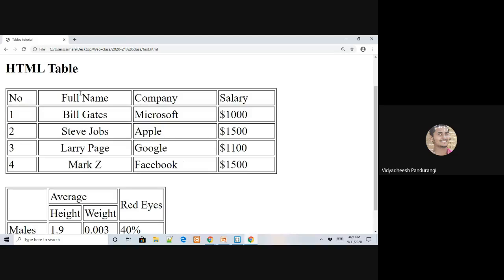Now you can see here, all of these are center aligned. Am I right? Yeah. So let me just show you the right alignment. May I know when I should be using right alignment? When can I use the right alignment? Can you tell me? Bills.